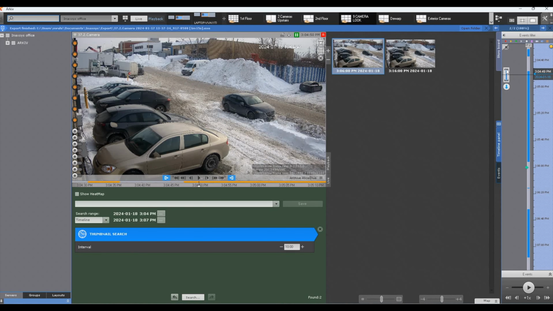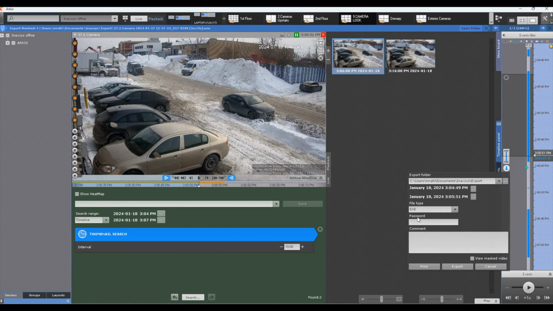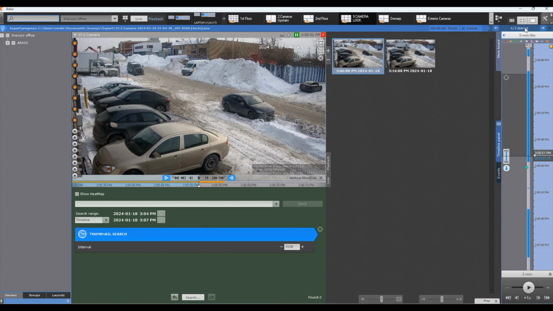But in this case, we're going to tag 3:04. We scroll down to the time that we want. Notice that the bar moves on this side as well. We hit the end time. We have our download icon, and then it's the same thing. You choose your executable. You can password protect it. We can try a password, let's say test, for example, and we hit export. We're going to have the executable extracting at the top. We hit open,